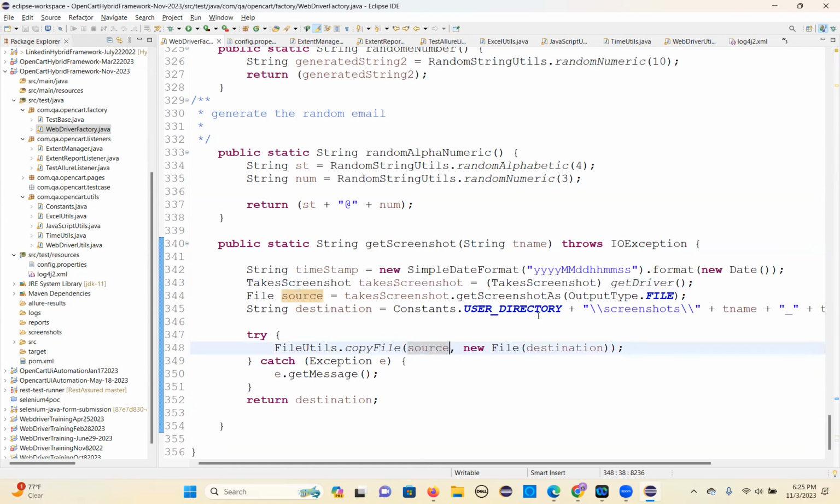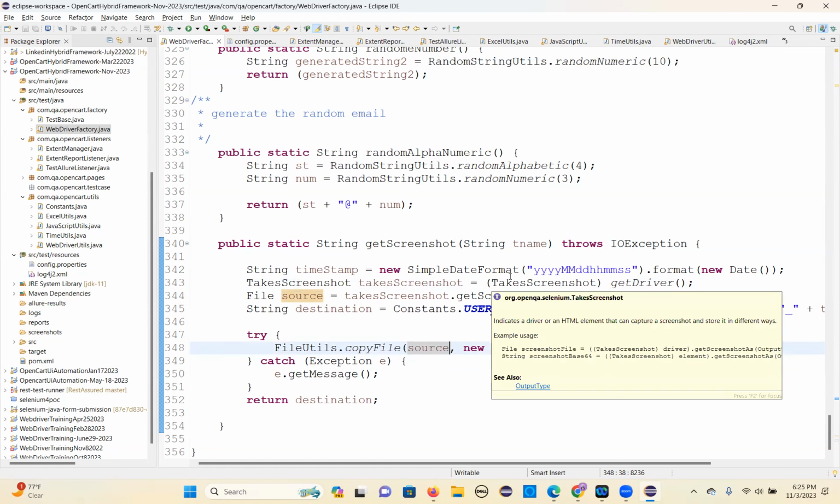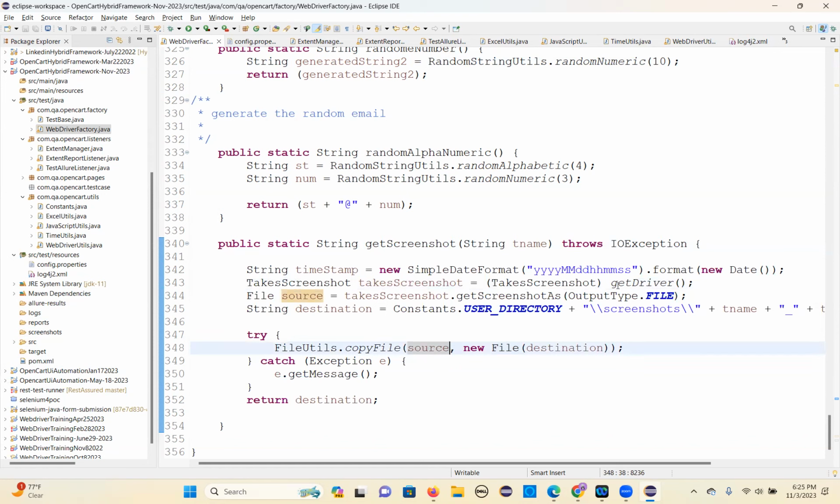Okay. So this is all about the basic setup of browser launching, browser closing, and some reusable methods. That's it. One time, these methods we are going to write. Okay. So that's it for the day. And next